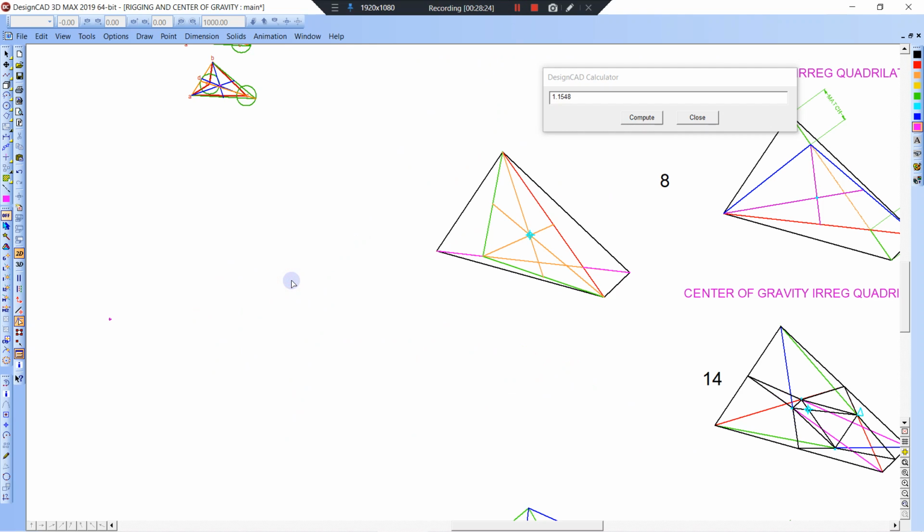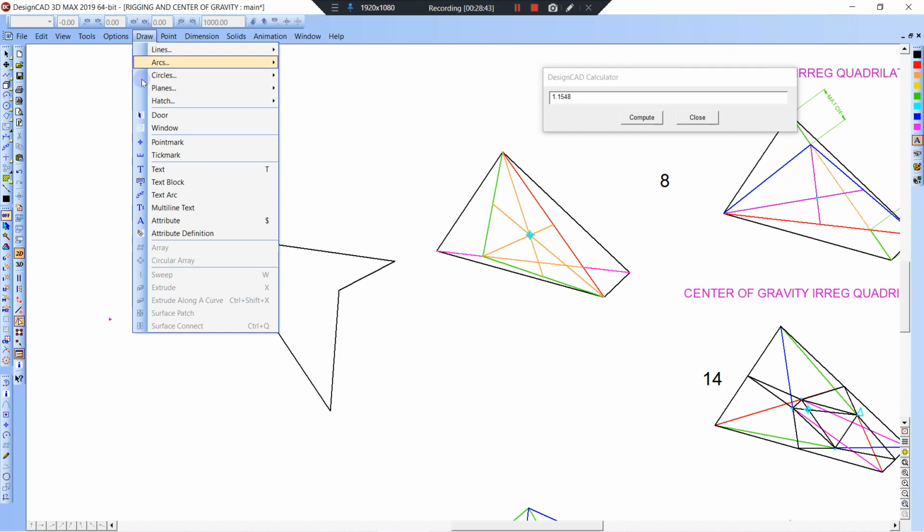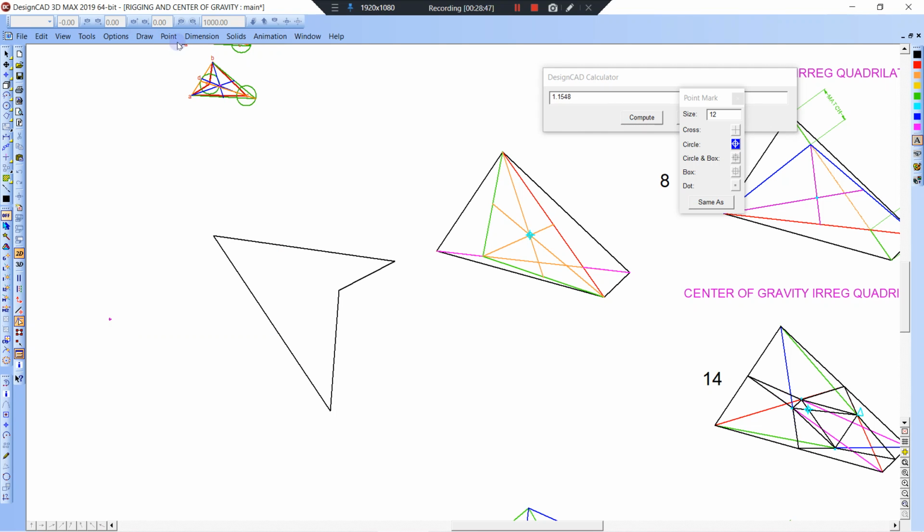All right, just one more example. I think I'm going to give you, that's a convex quadrilateral. Let's go with the concave. Let's do that in black, and I'll show you where the center of gravity is there. Draw a center mark, and then center of gravity. And we know to locate that one, right? So we're going to go,